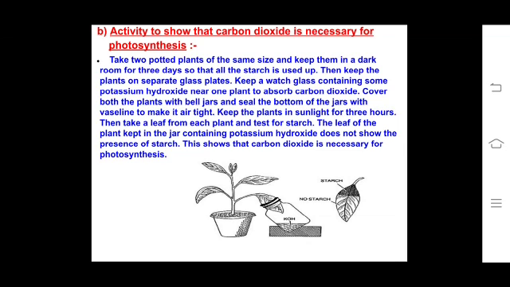Then in this setup, on the stem of the funnel you have to put a test tube, and then keep it in the sunlight. After some time we observe that bubbles of gas are coming out of the plant and being collected in the test tube placed upside down. Let it happen for some time, 1 or 2 hours. After that, take the test tube very carefully out without allowing the gas to escape.